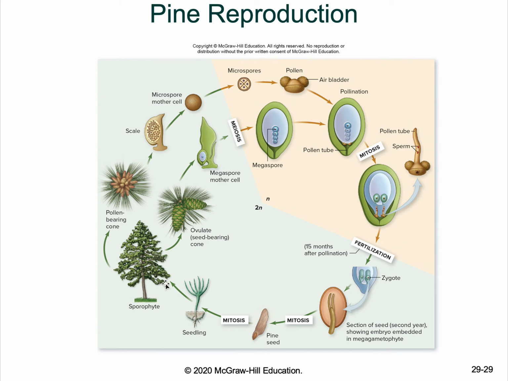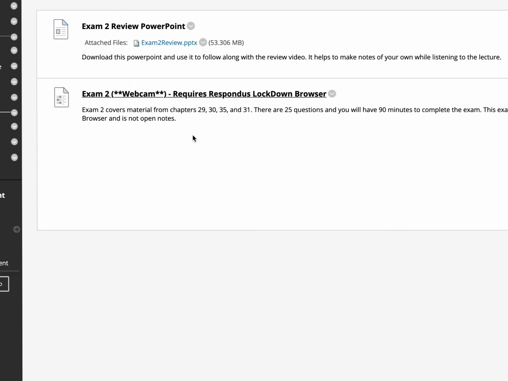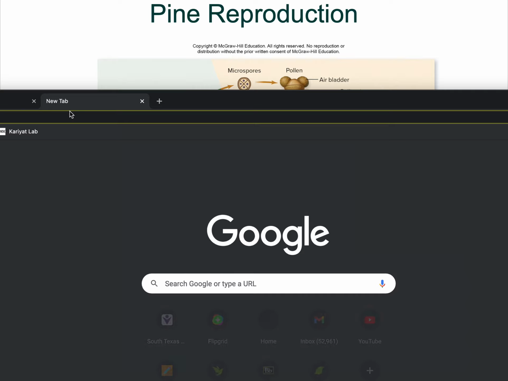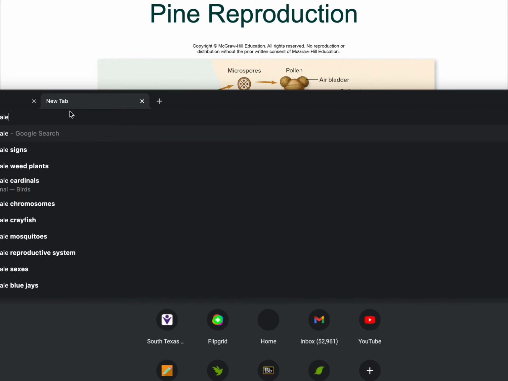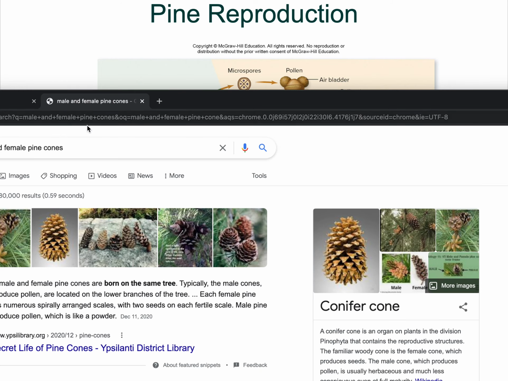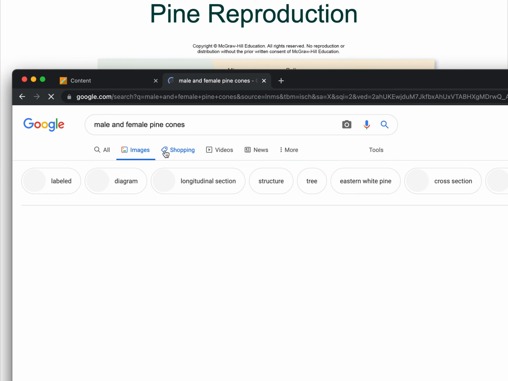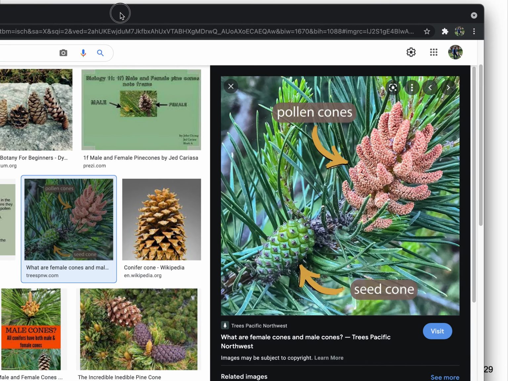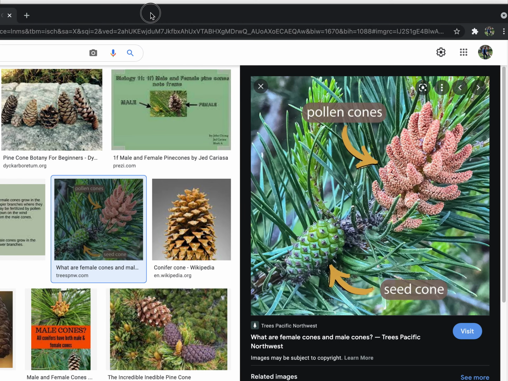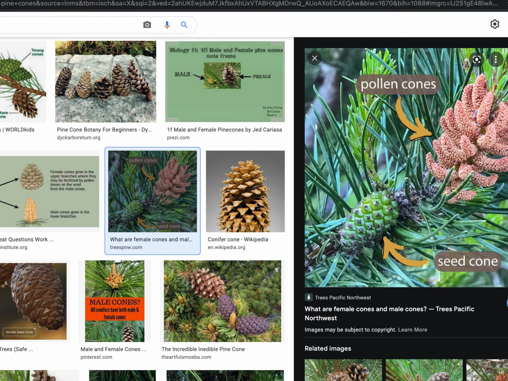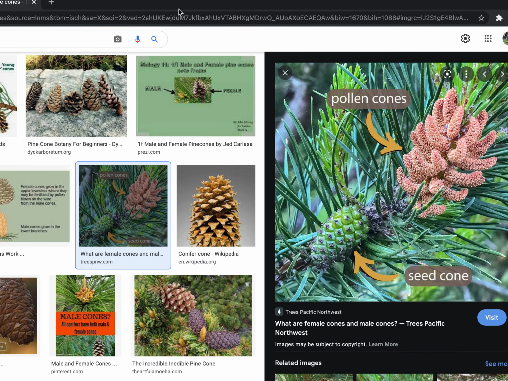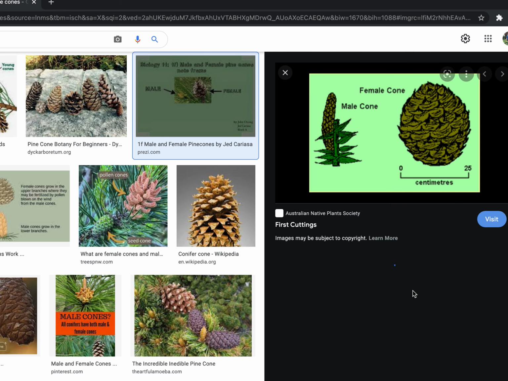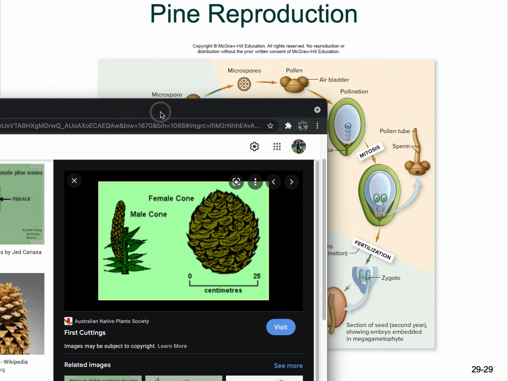So where is a pine cone? Okay, so here's two. So there are male and female pine cones, and you know what? I didn't include that. Let's see if we can find one really quick. One second. And you don't really need to know, but it's kind of better to see an actual picture. Is that okay? Guess that's okay. Male and female cones. Oh, that one okay? That's kind of better, okay. You can kind of see that a little bit.